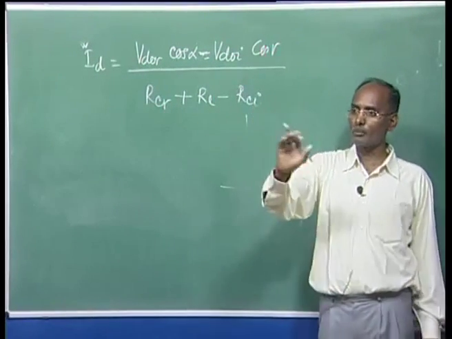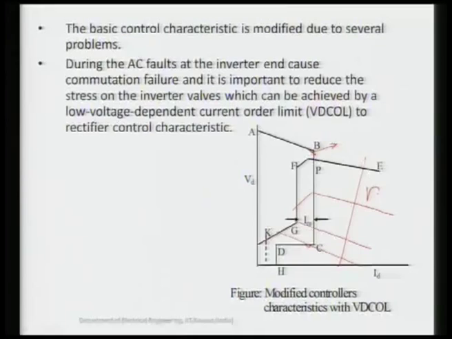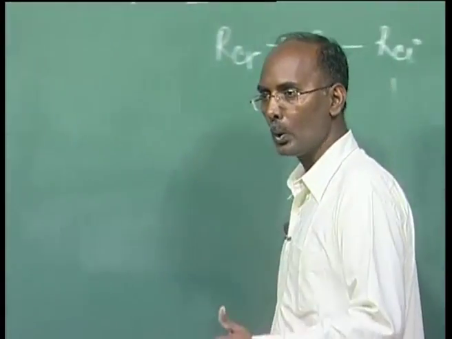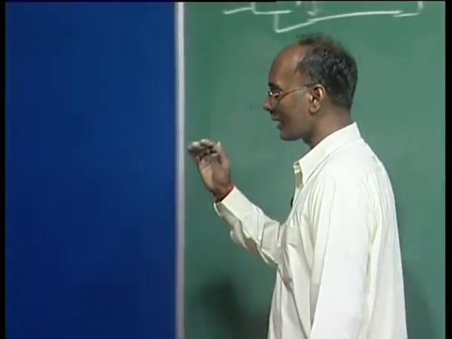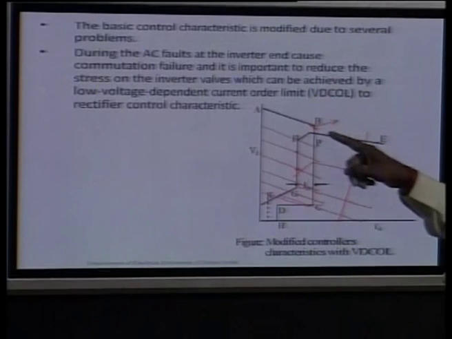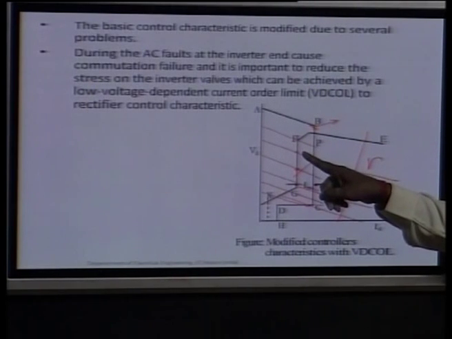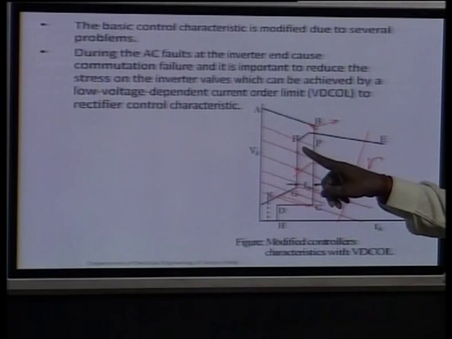Now if your rectifier side voltage has gone down and you are operating, what are you getting? You are getting these parallel characteristics till you come here. So wherever you are cutting here, you are getting a characteristic. Means in this case your operating voltage is this much. So when the voltage of the rectifier has gone tremendously low, we shift our current controller from the rectifier to the inverter side. You can say now this is your inverter, it is controlling current because the intersection is here.